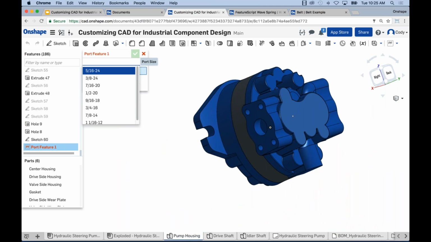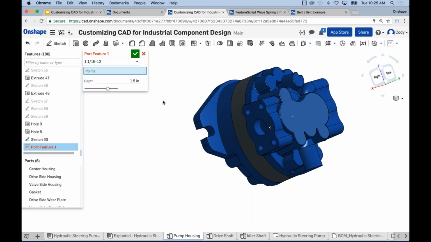Now, right now, this is just the SAE standard. So it's conforming to one very specific standard. But it's mainly just an example of how it's very easy to take a complex shape and turn it into a couple of clicks. If you're familiar with hydraulic ports, you'll know you can sketch out a revolve profile, but it's going to take a while. Here, I can just say, okay, I want a 1 1/16 inch port, and I want it to be 2.5 inches deep,